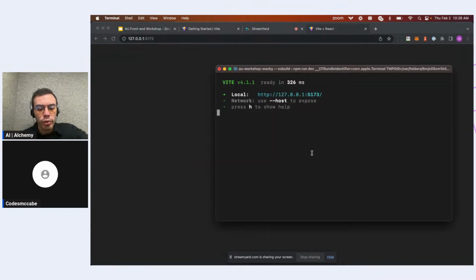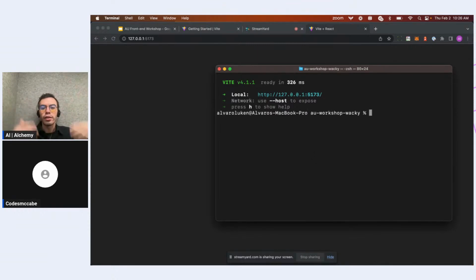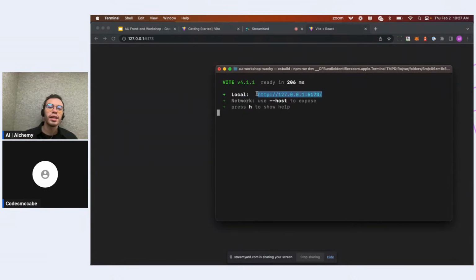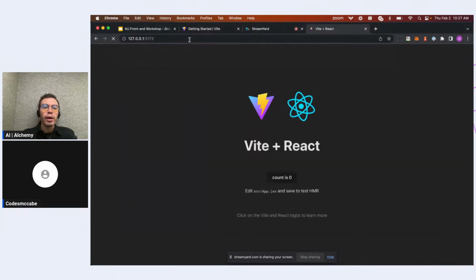We can, if you Control C will exit you out of that running server. If we do this again, npm run dev, what npm run dev does is it says, all right, Vite, start up that local development server for me and start serving files to me, right? So that when I go to http://127.0.0.1:5173, which is typically like the localhost kind of endpoint, when I visit that endpoint in my browser,